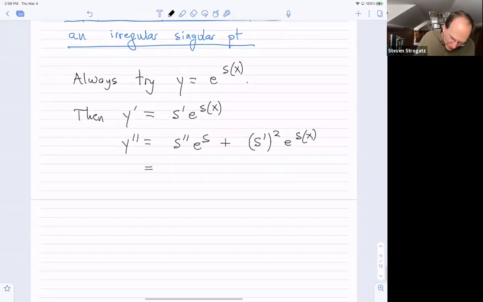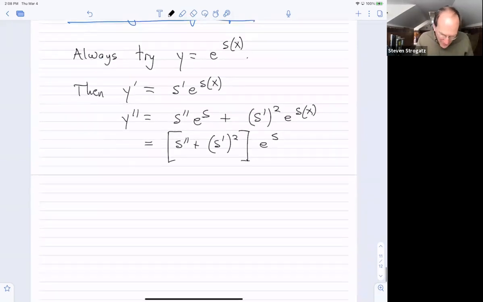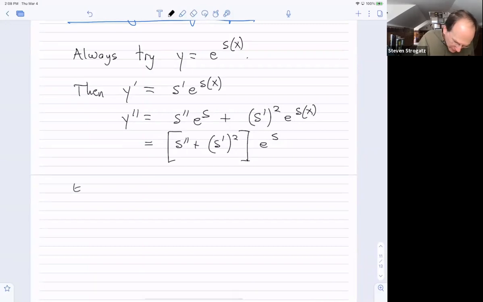So it's convenient to write this as s double prime plus s prime squared, all times e to the s. The reason for guessing e to the s is that when we plug that in, all the e to the s's are going to cancel out, and we'll just get an equation for s that is relatively tractable by asymptotic reasoning. So we're going to examine the resulting ODE,